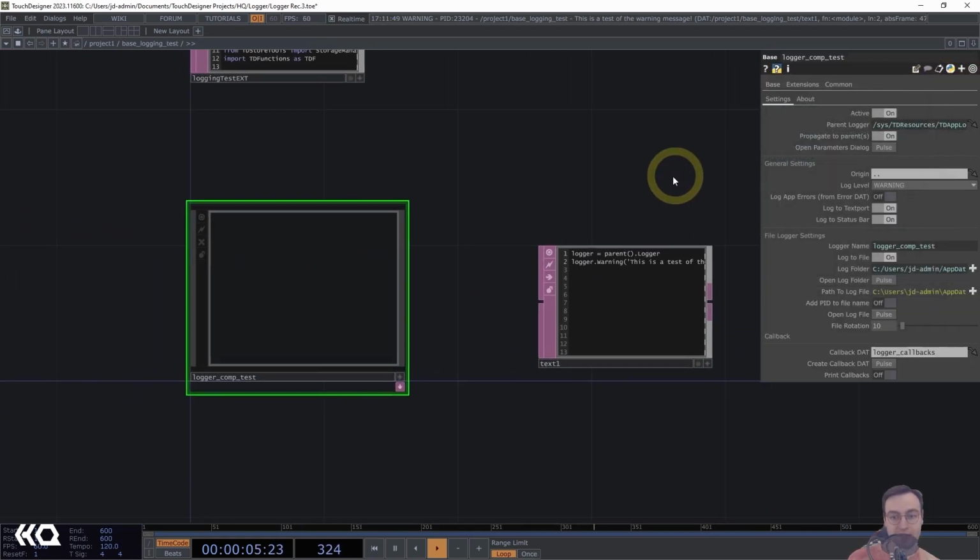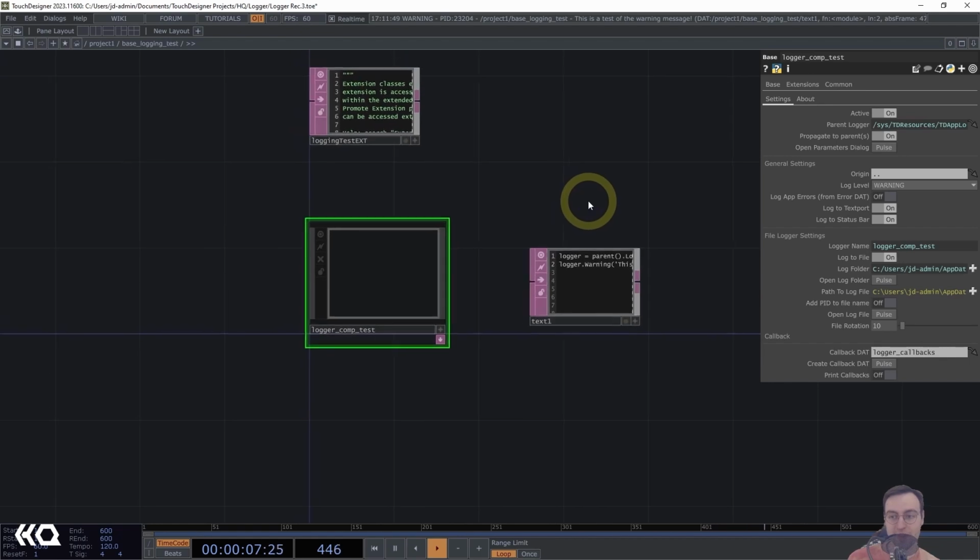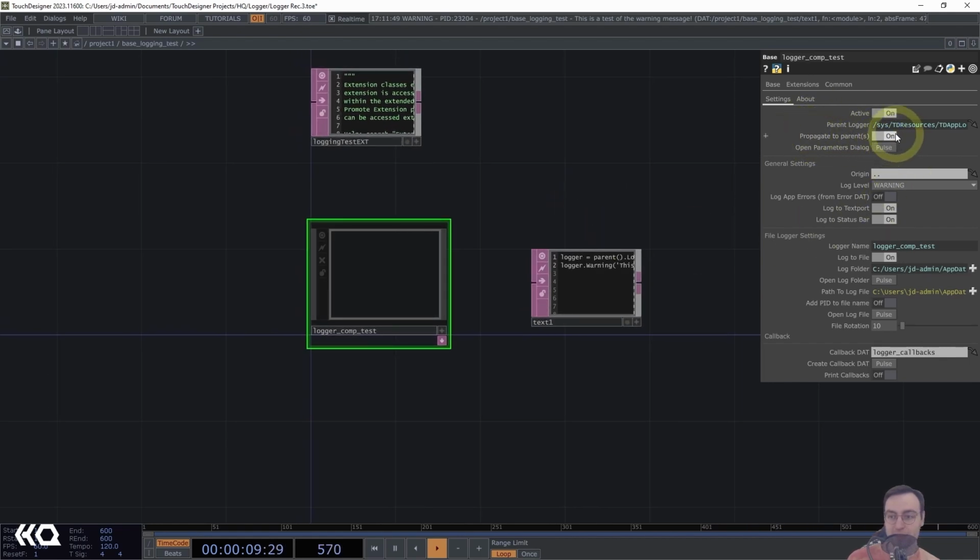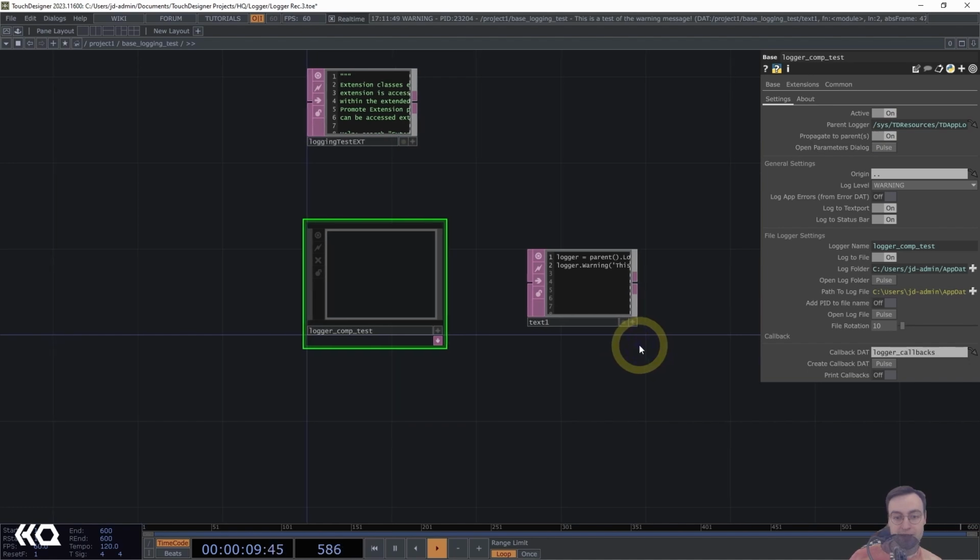I'll just close out of the text port there via this propagate to parents switch. By leaving this on, and the default is to have this set to on, that will duplicate whatever messages we are logging with this particular component to the app wide or the global built-in version of the logging system